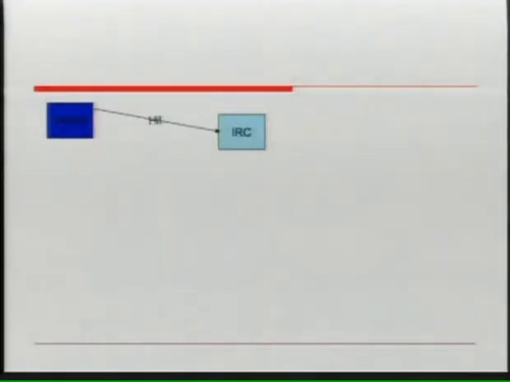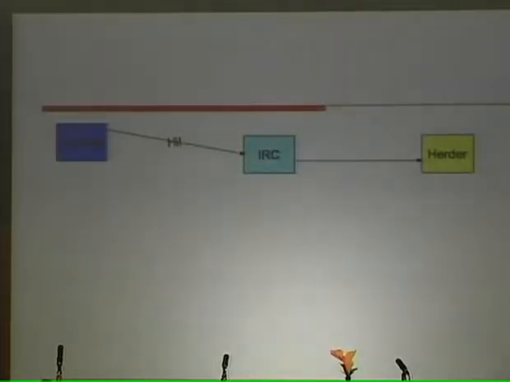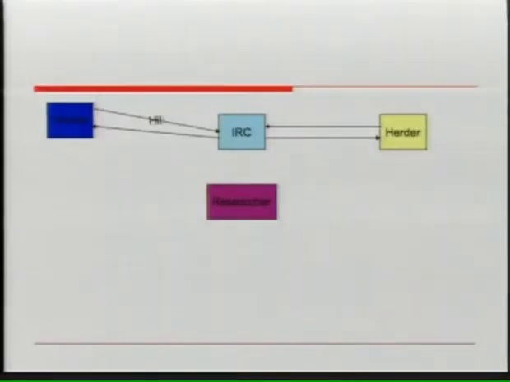I drew a little schematic here just to show where you might be doing sniffing. So we have an infected box, an IRC server, and a herder. The infected box says hi to the IRC server, then that gets transmitted through to the herder. The herder sends commands back to the infected box. Okay, we have a researcher who wants to sniff all that. That's interception. Now, of course, it might be there's a low chance